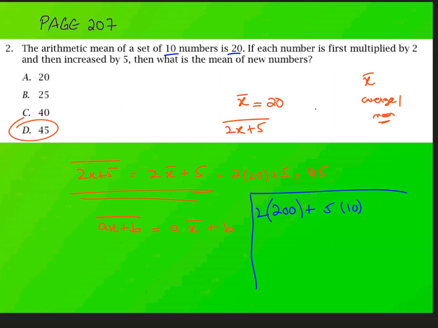And this is the new sum upon 10. This can give you the new mean as well. That's 450 upon 10, which is also 45. So this is like a shortcut to this. But if you want, you can go back to the sum, current sum. Using that, find the new sum and hence the new average.